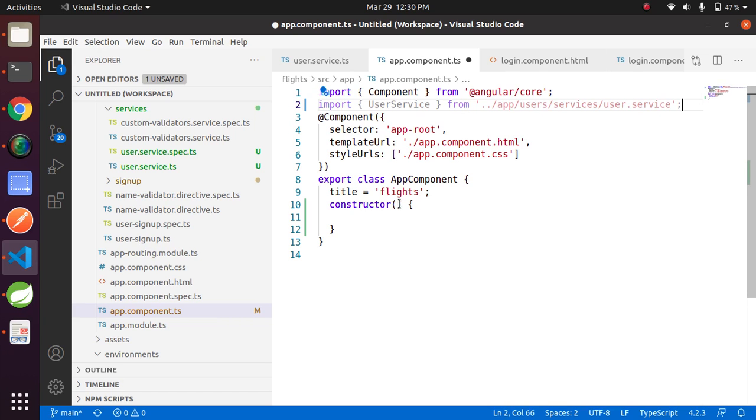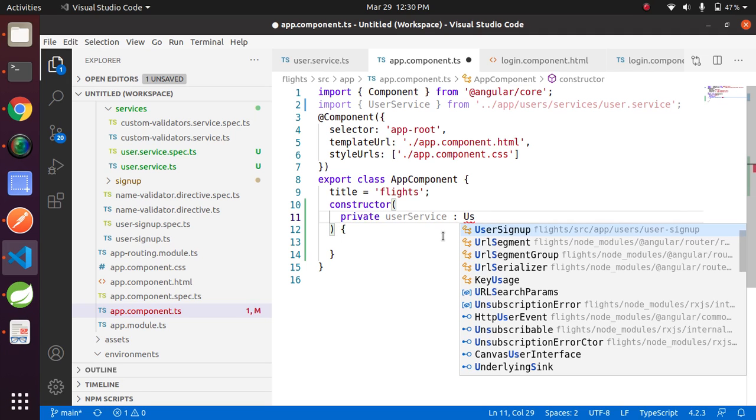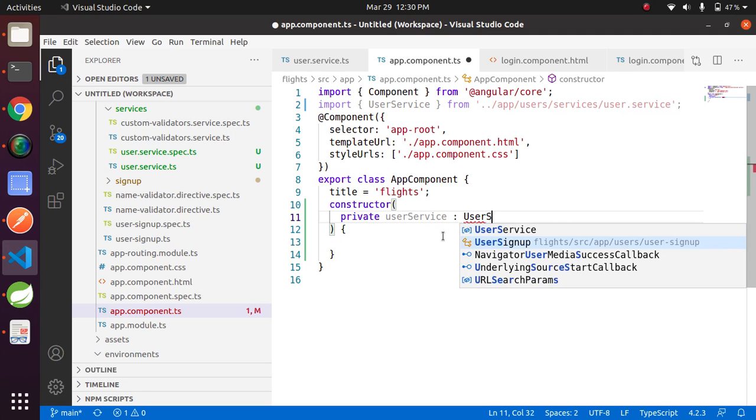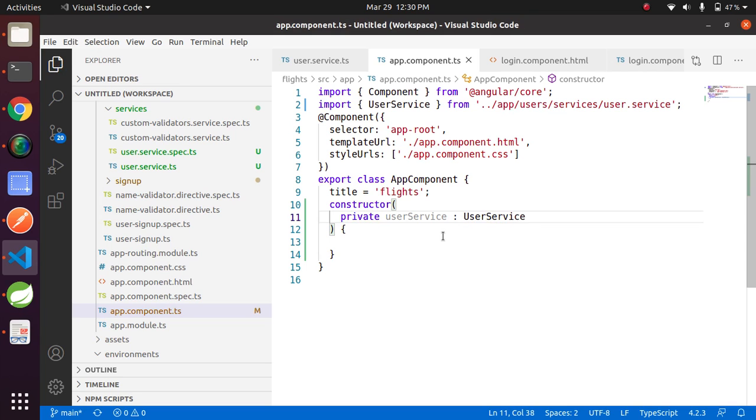Inject the service: private user service. Now this user service is available into app component.